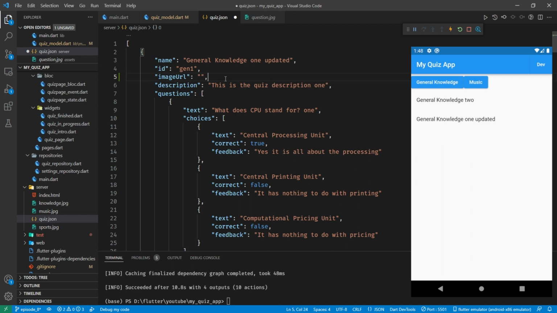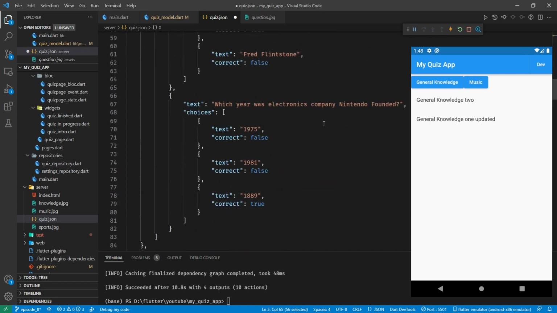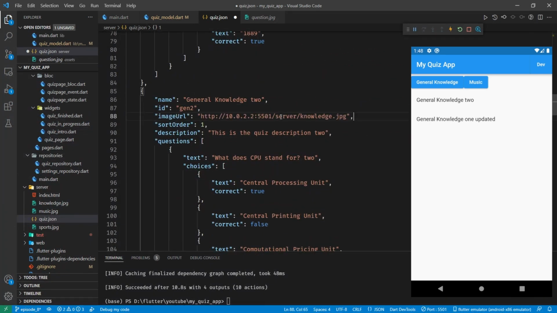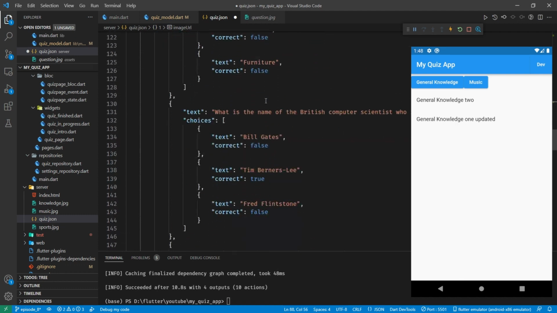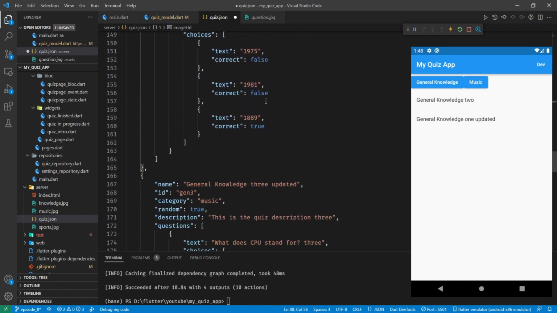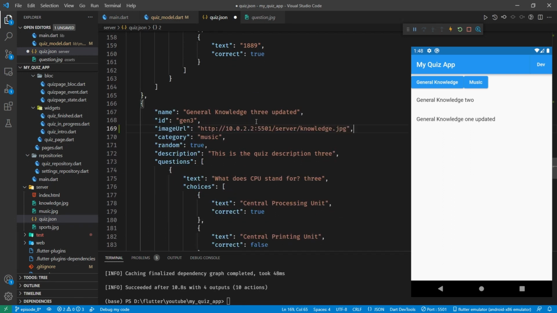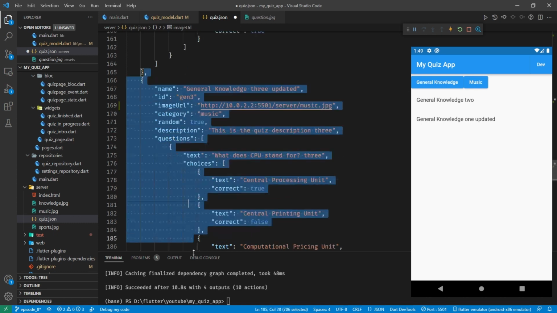So image URL, let's just paste in the URL of our server, and this one can be knowledge.jpg, and I'm just going to copy that line, come down to quiz 2, and in there this one can be sports. Doesn't really matter, it's only for demo purposes. Come down to quiz 3, and this one's going to be music, and then I'm going to copy quiz 3